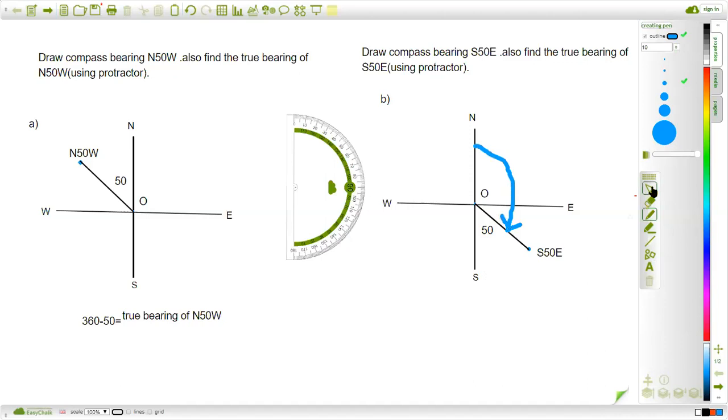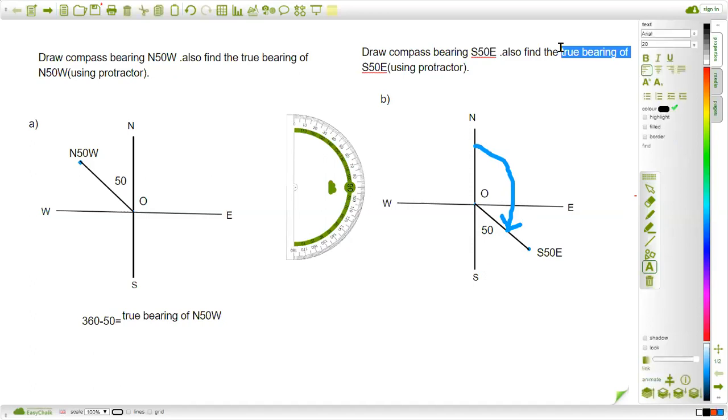Okay, and here the total angle of this straight angle is 180 degree, and here the 50 degree is covered. So the remaining angle will be 180 degree minus 50 degree, just 130 degree. Okay, so we can say that the true bearing of that point